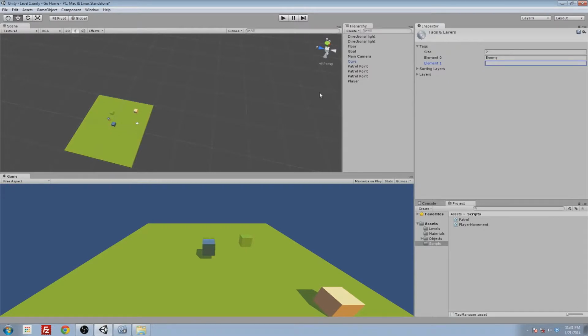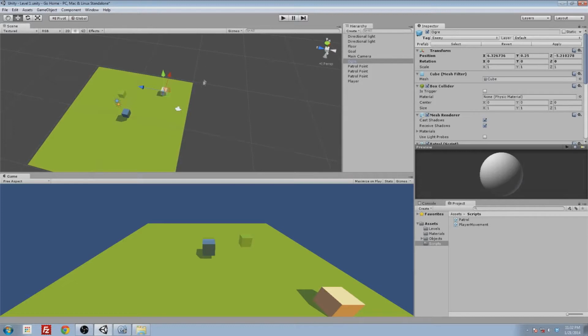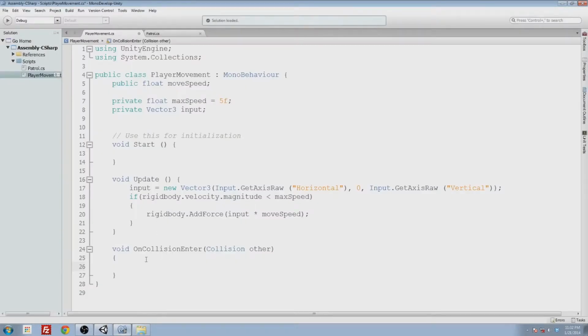It's pretty cool. Now I'm going to go back to ogre. I'm going to go to tag and add the tag of enemy. And now I can detect the tag of the object we hit. If that tag is equal to enemy, then I want to do something. So in the method for detecting collisions, I can say if,